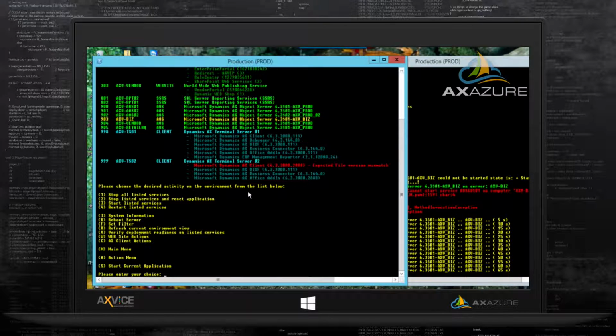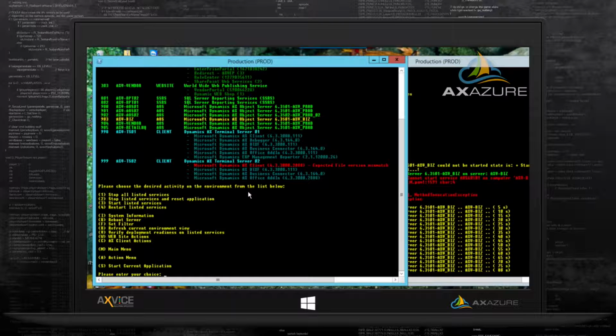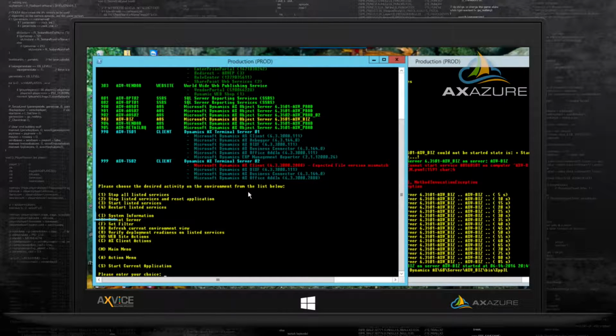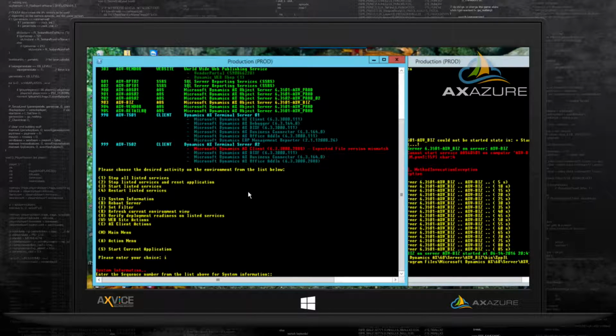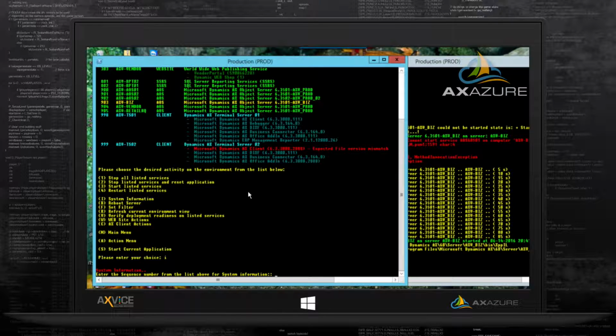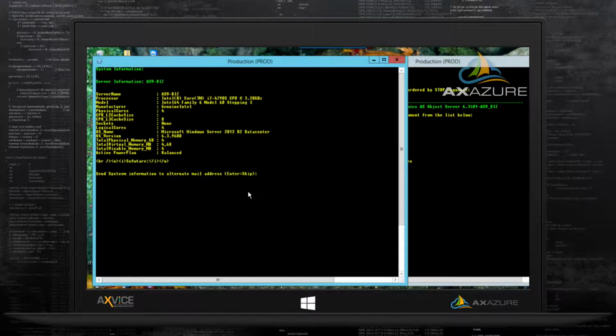Now, if these things happen for you, and you want to see the event log on a machine like AXV-BIS, you want to see the system information. So you have a Microsoft support engineer on your support call, and he needs to get this information. You can go into this runbook and say I for system information. And then you have to tell which server, again 903, that's my AXV-BIS server. It will show the information.